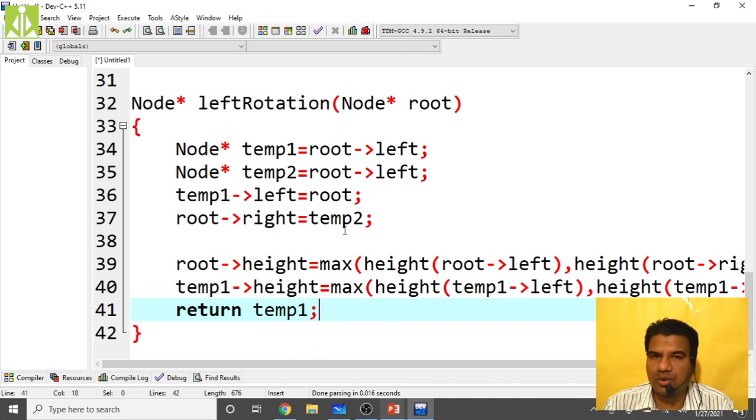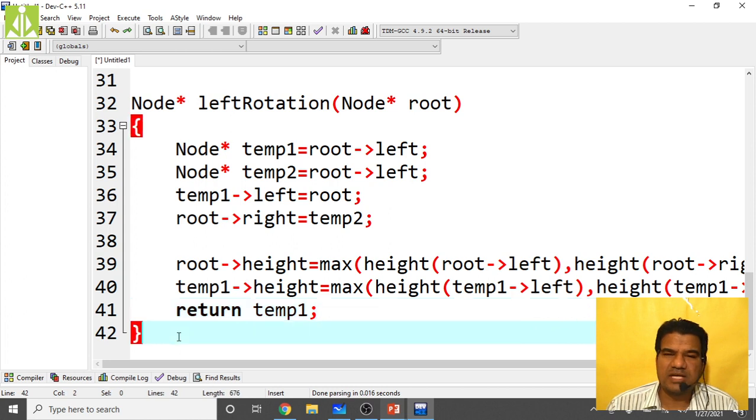The root node should go down, the temporary node should come up, and the preceding temporary node should become the left side node. In that way we do the movement. Whatever we do in the graphical representation, the same thing we do here.